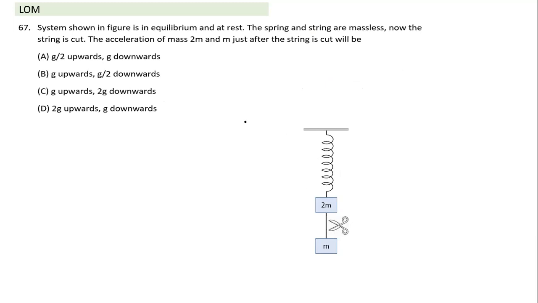So let's look at this. The whole system is initially in a state of equilibrium. If it is in equilibrium, there has to be some tension in the string, which can easily be calculated. Tension T will be equal to mg here, because the net force on this is 0. And on this, the spring will also apply some force. 2 mg is the gravitational force, tension force is mg, so the total downward force is 3 mg. So the spring force acting in the upward direction also has to be equal to 3 mg.